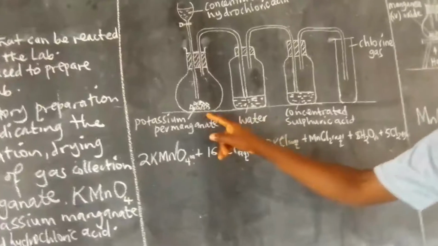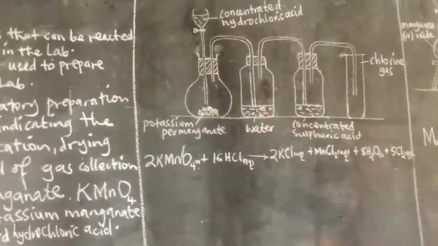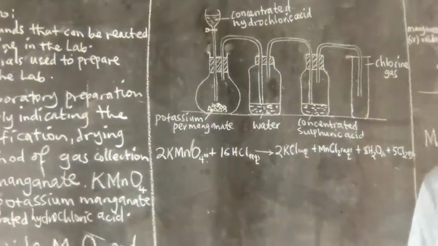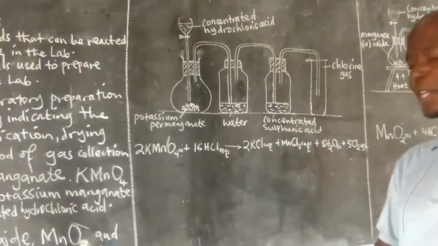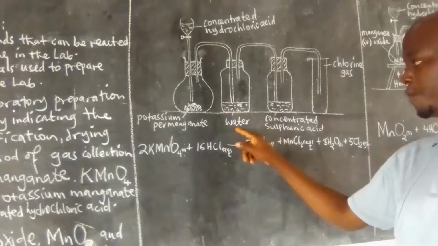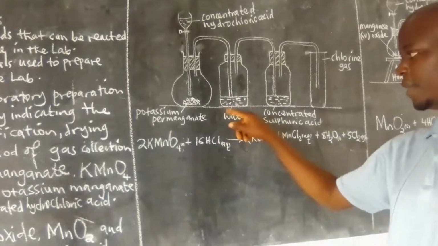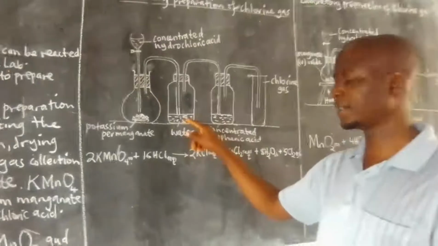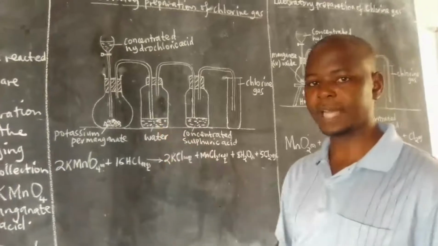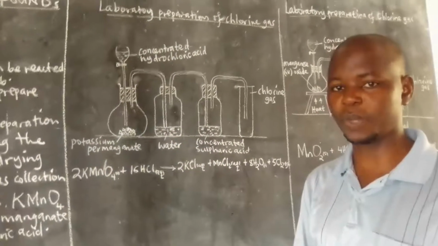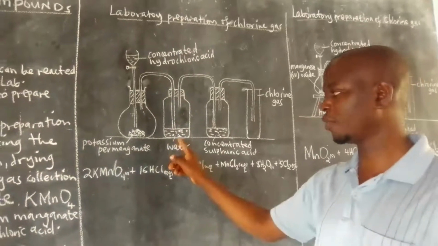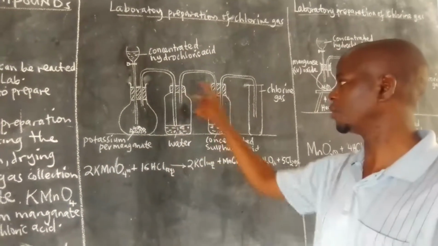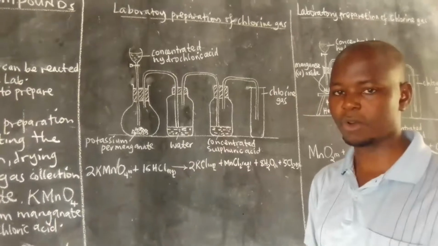The chlorine gas produced is passed through water to remove hydrogen chloride fumes. Concentrated hydrochloric acid always forms hydrogen chloride fumes, which we remove by absorbing the fumes in water. Chlorine gas is slightly soluble in water, but hydrogen chloride fumes are more soluble in water than chlorine gas. Some of the chlorine gas will dissolve here, but most of it will continue into the next wash bottle containing